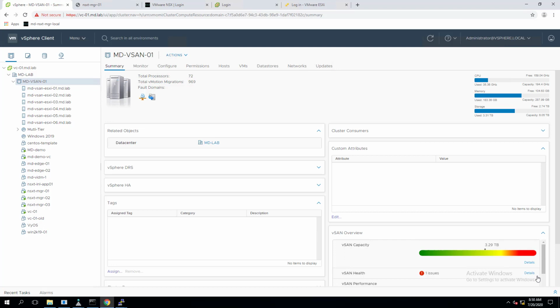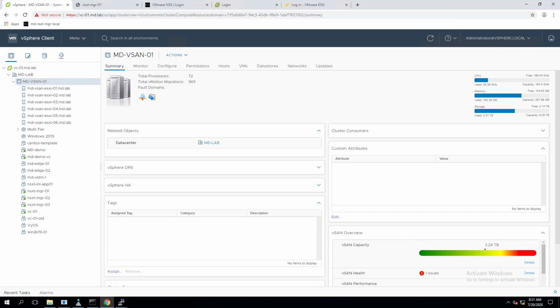vSAN file services uses the vSAN distributed file system, VDFS, to provide a scalable file system that can be integrated with the vSAN storage and also policy based management. vSAN file service is a layer which sits on top of the vSAN datastore to provide the file shares. Using vSAN file services, we can create file shares in the vSAN datastore, so that client machines, virtual machines or other physical machines can access the NFS share. We can also assign the access rights and set all these things up in the vSAN file share services here.